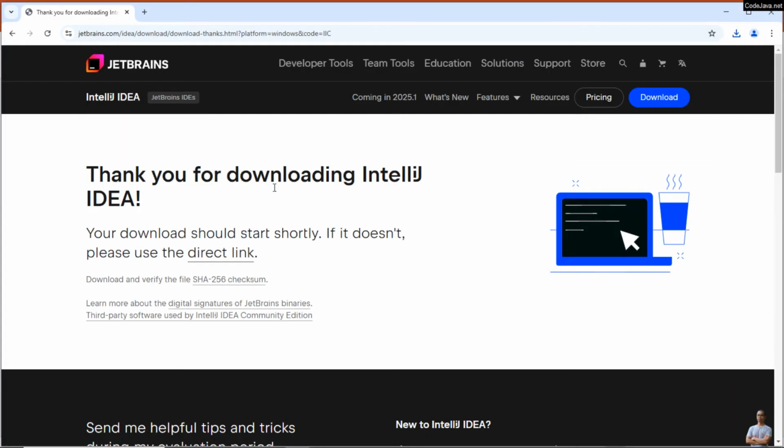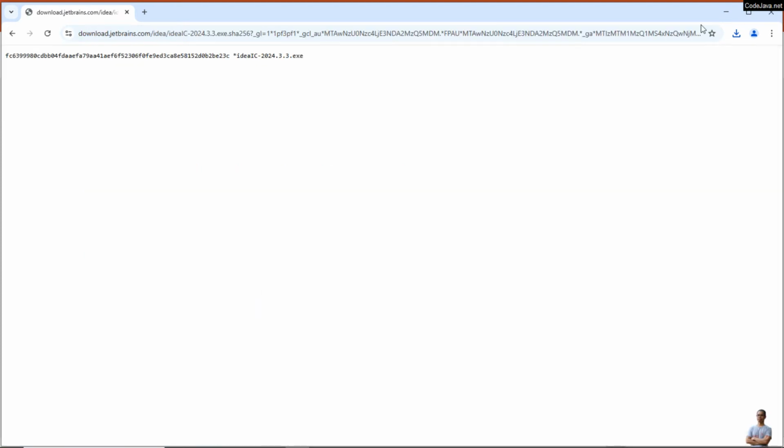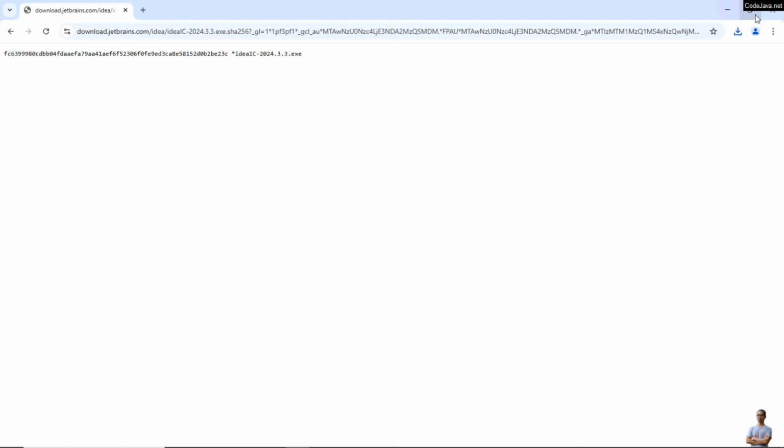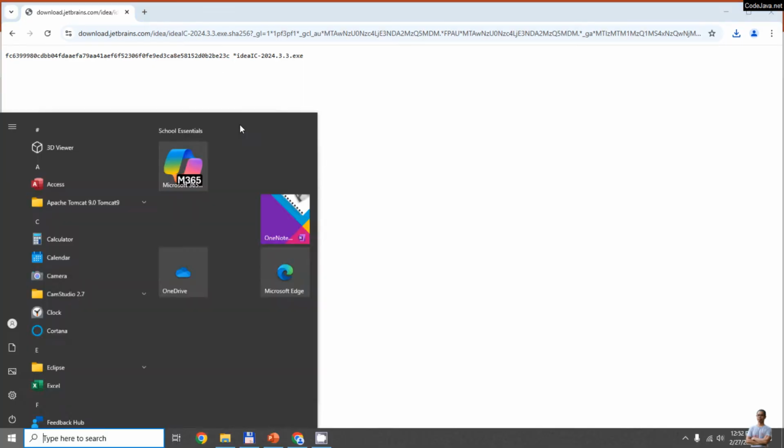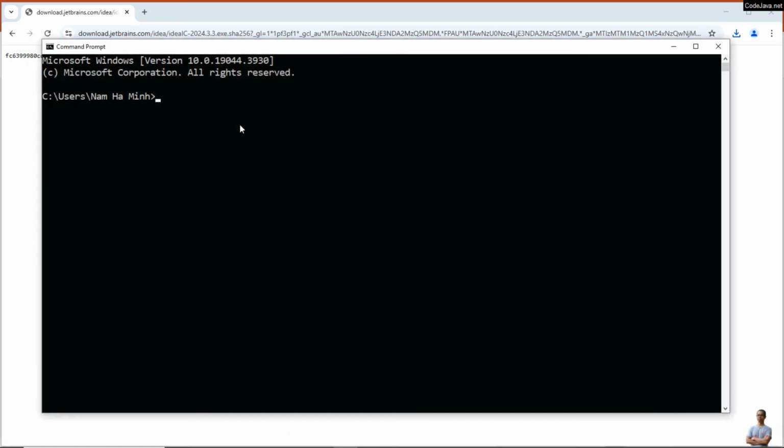And you can see on the download page, it says to download and verify the file SHA-256 checksum. So it's recommended to verify the integrity of the installer file before opening it. So click here to get the SHA-256 checksum of the file, as you can see here. Okay. And on Windows, open a new command prompt